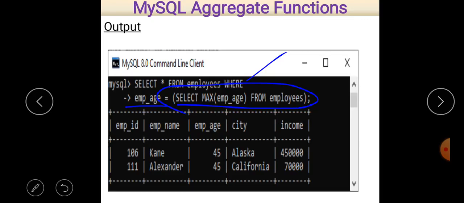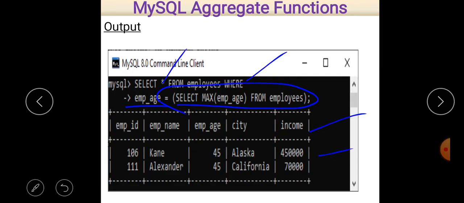And now we have the outer query, select star from employee where employee age is equal to a certain value, suppose 32 or 35, whatever it is. On the basis of that, the result will be displayed, and since star is there, all columns will be displayed: employee ID, employee name, employee age, city, income. So that is the final result.